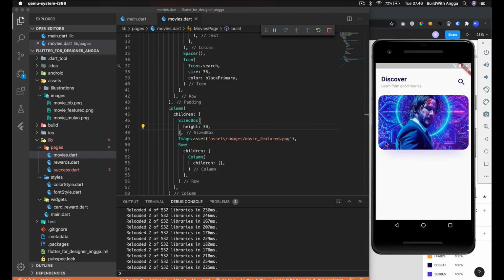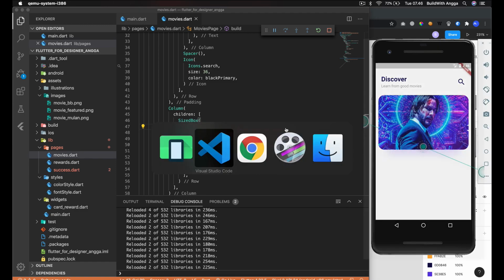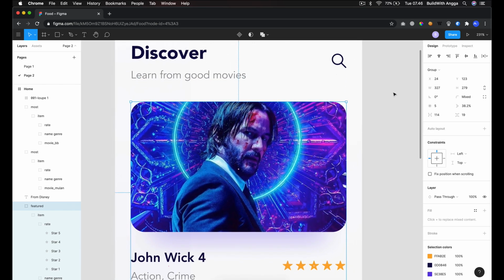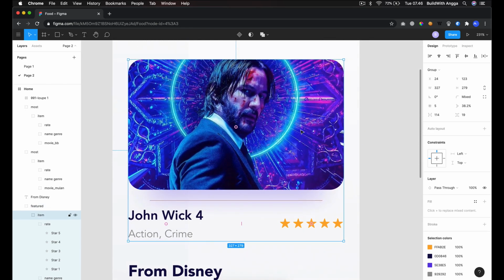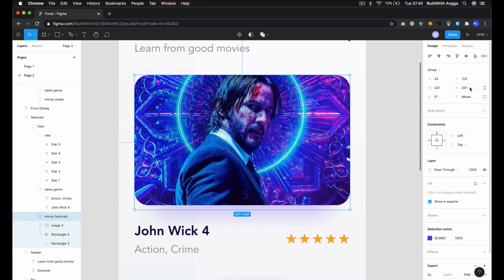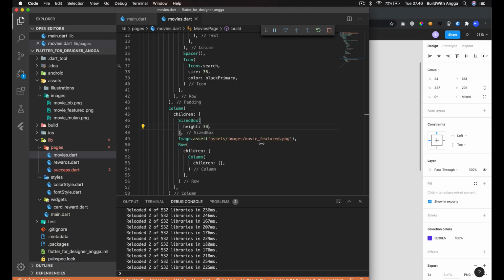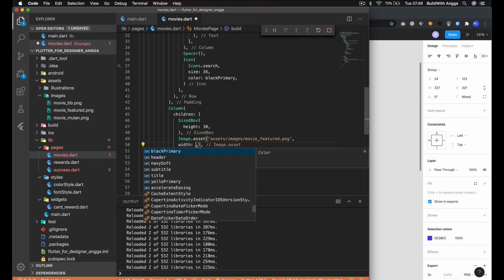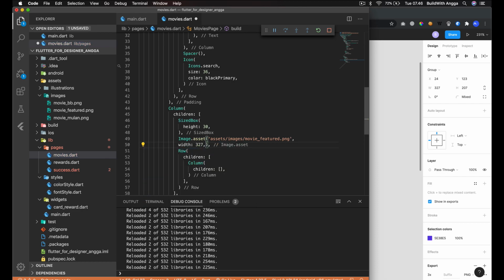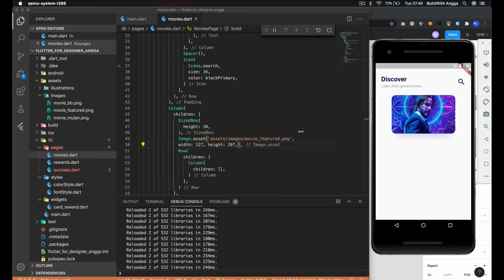Okay, and for this image we need the properties, like for the height and then for the width, right? So we just set them here. For the width, let's go with 300, and then for the height, let's go with 200. Oh, this is a little bit small.